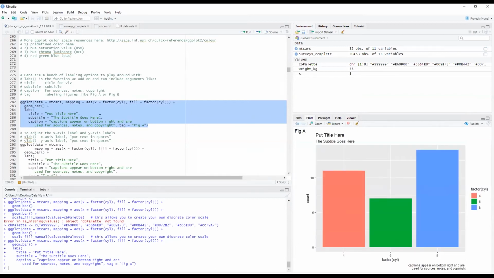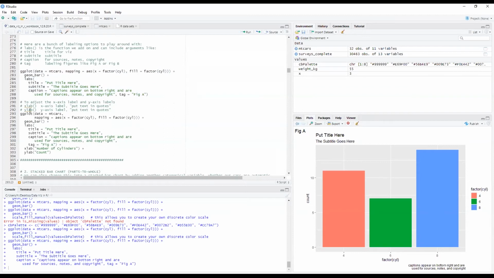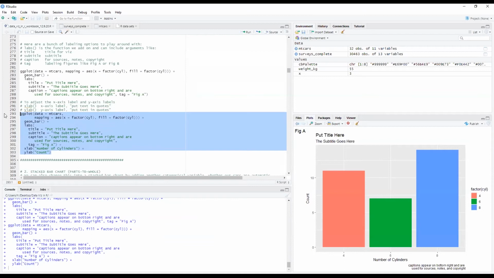You can see how this is starting to build up: you have your title, subtitle, figure A. The XY axis labels are next here. They're their own separate functions called xlab and ylab. So here I'm just adding more to my visualization, grammar of graphics.